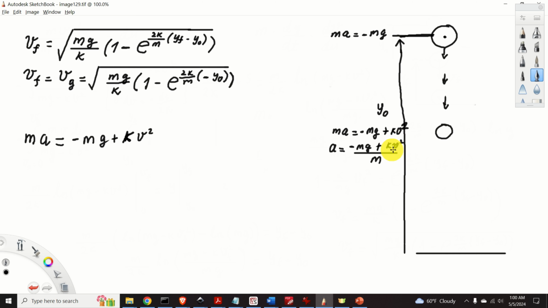Due to this term over here, the acceleration will actually decrease. And if you let the ball fall for a sufficient amount of time, we will see that basically the kv squared term becomes approximately equal to minus mg, which means the acceleration becomes approximately equal to 0. This means that after some height, for example, over here,